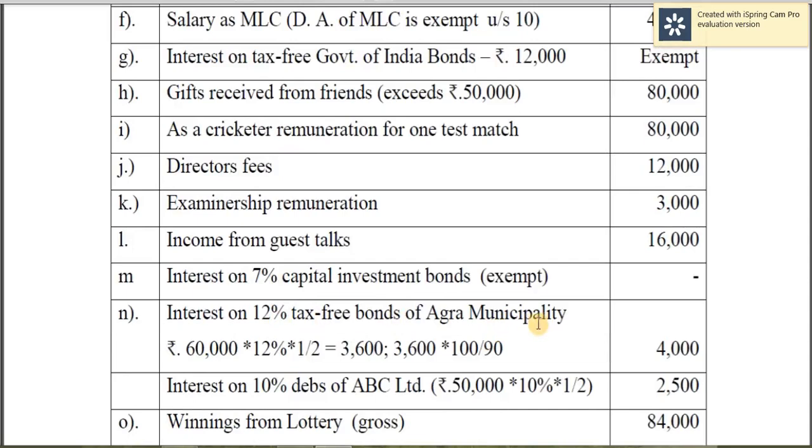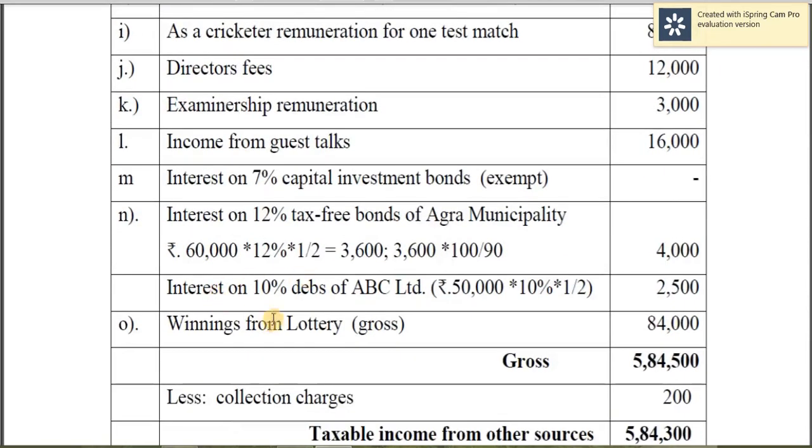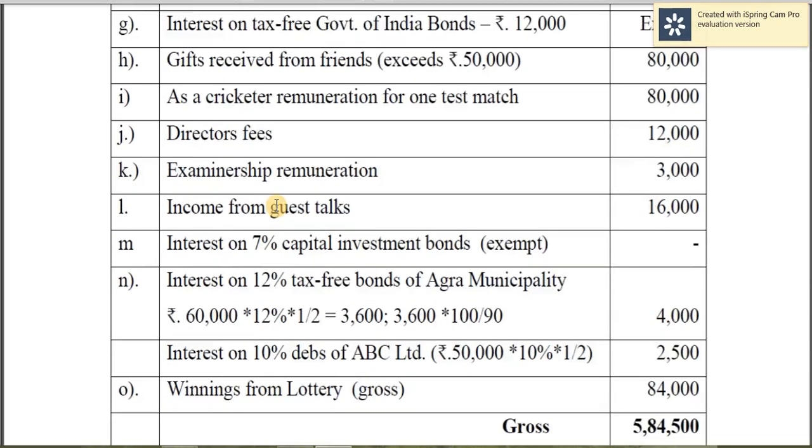12% tax-free bonds of Agra municipality, 60,000 into 12% into half, you will get 3,600. That should be grossed up, 100.9. Okay. Similarly, on the same day,